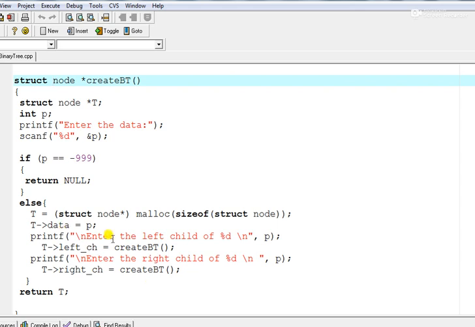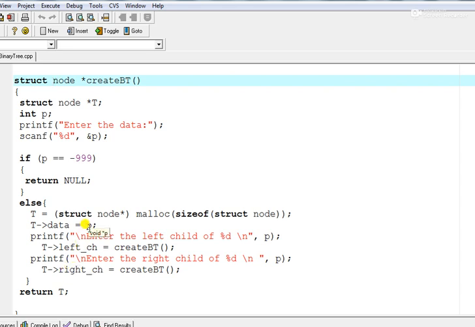Then I will ask the user to enter the left child. Then again the user will input the left child, and it is also a recursive procedure, so it will call the function create bt itself in the left direction. Similarly if you want to insert in the right, then I will call the function create bt in the right child. Okay,